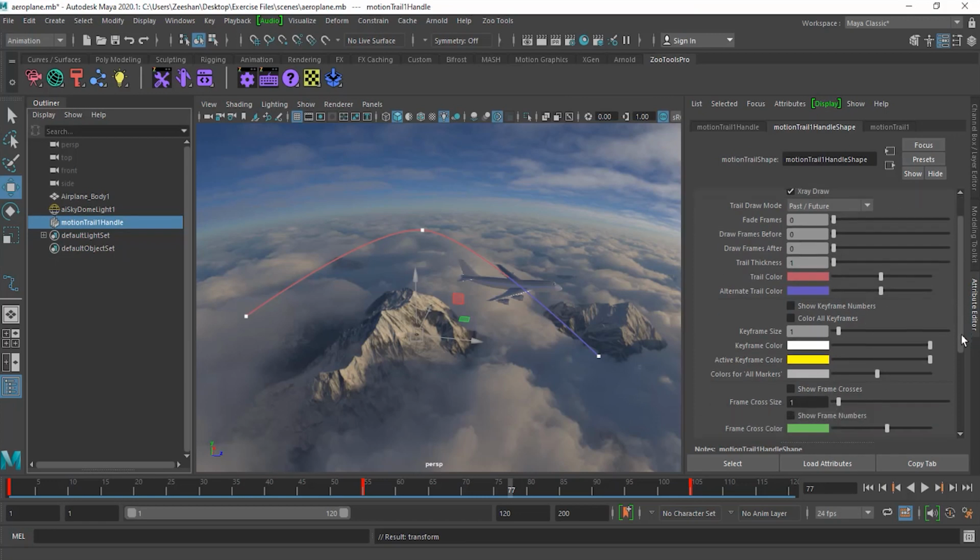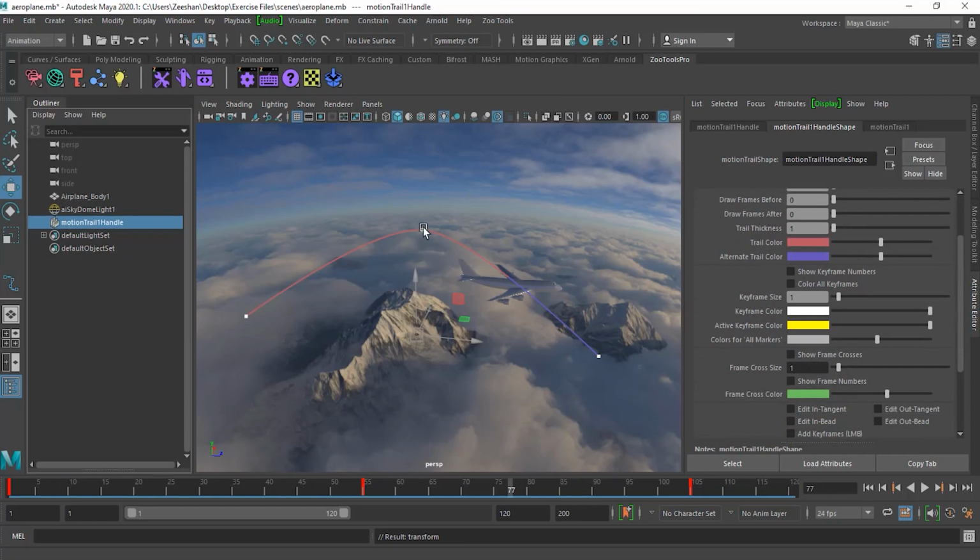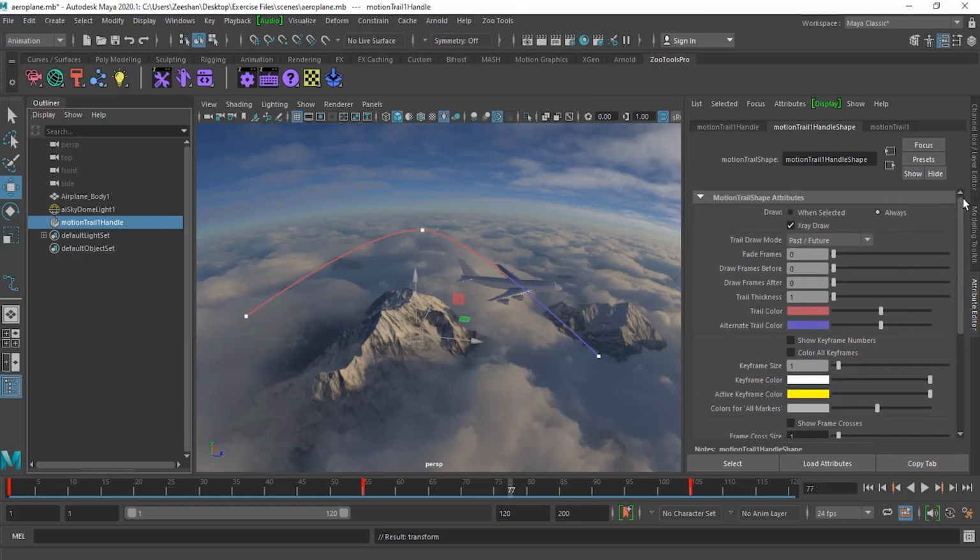Usually you don't change the display setting. The main thing is you can always change from here. Okay. So this is how it will work. So if you will go to any of this